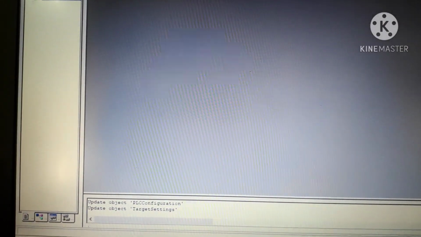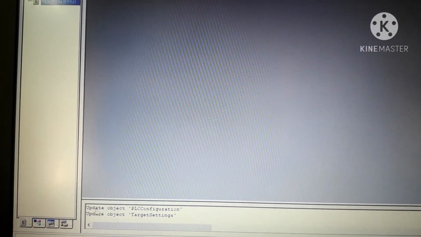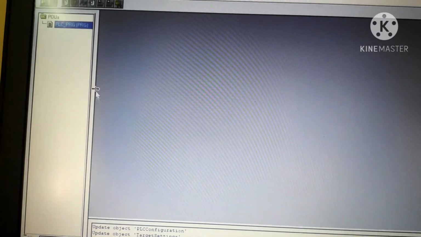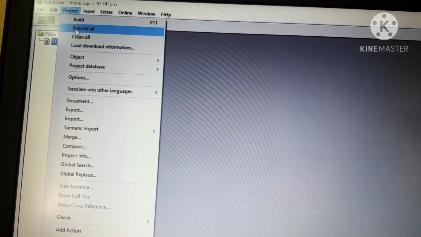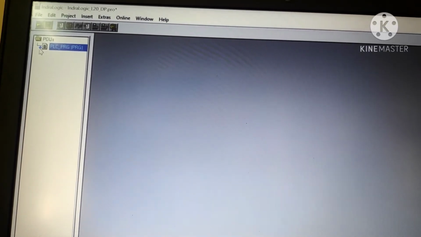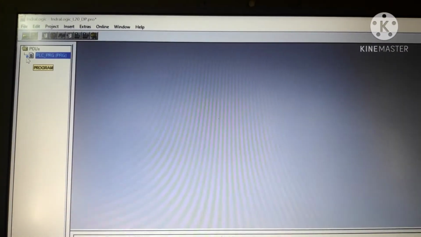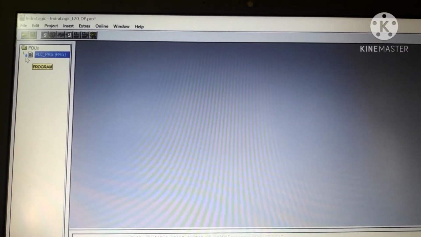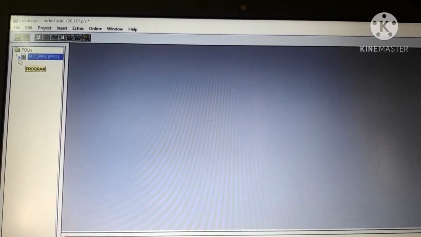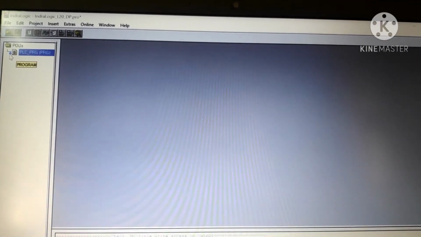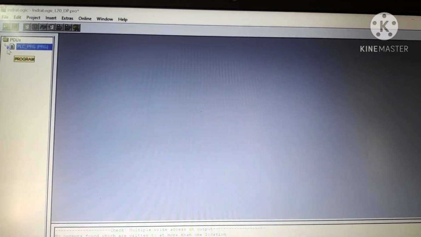Now see, when you open this window, you have to wait until you get all this update, right? After this, you have to click project rebuild all. You'll get a blue arrow. If you're getting a blue arrow, it means whatever you have done till now is right. Now what does this blue arrow mean? In the previous window, called Indra Works, you have given the hardware configuration, the IP address, the communication protocol.